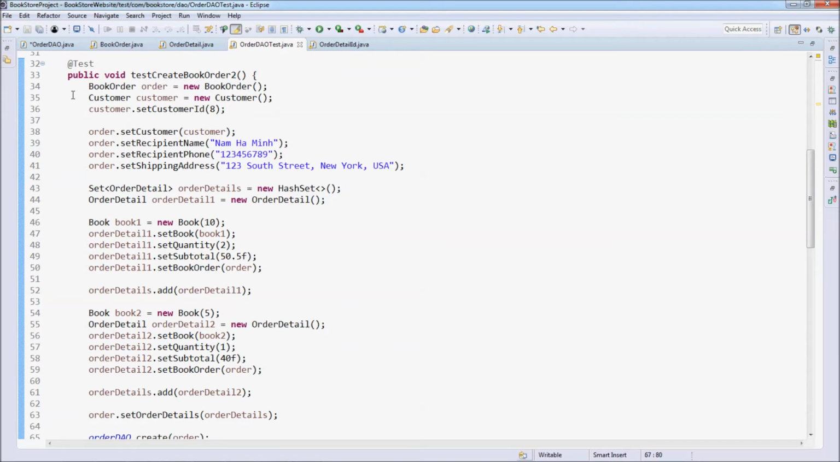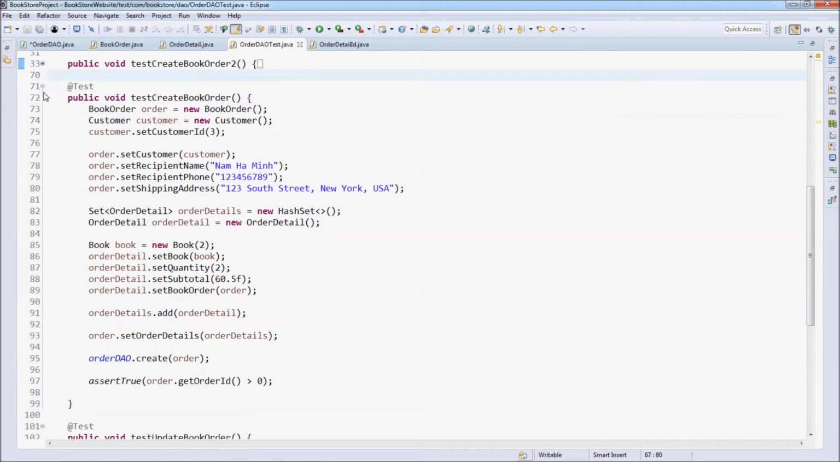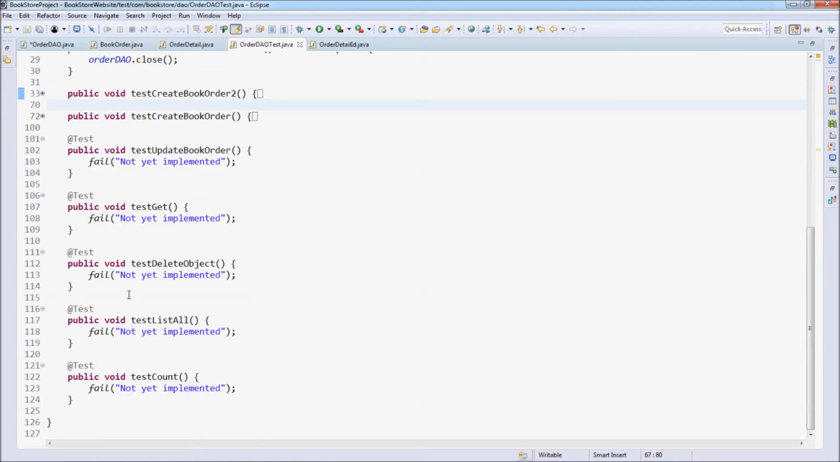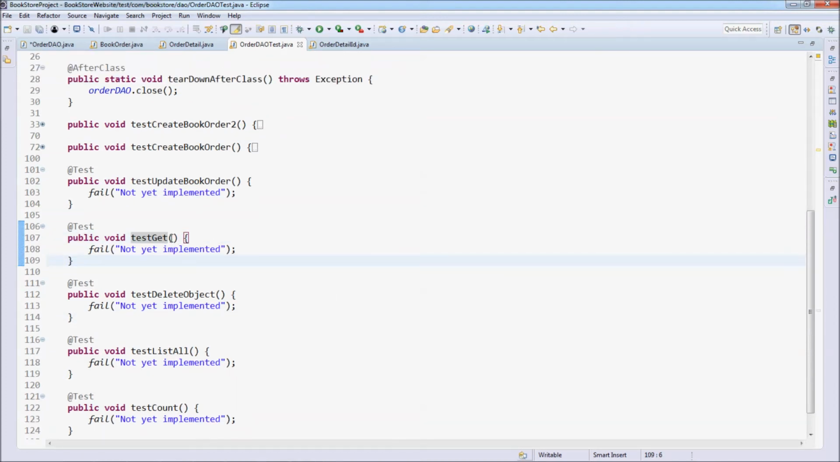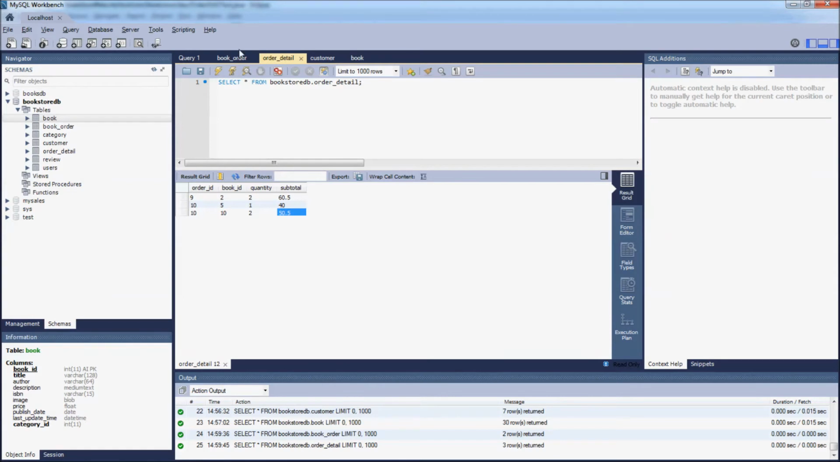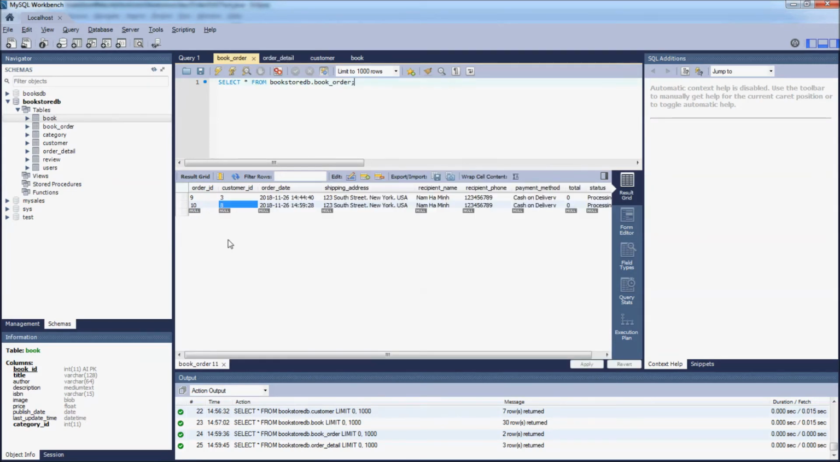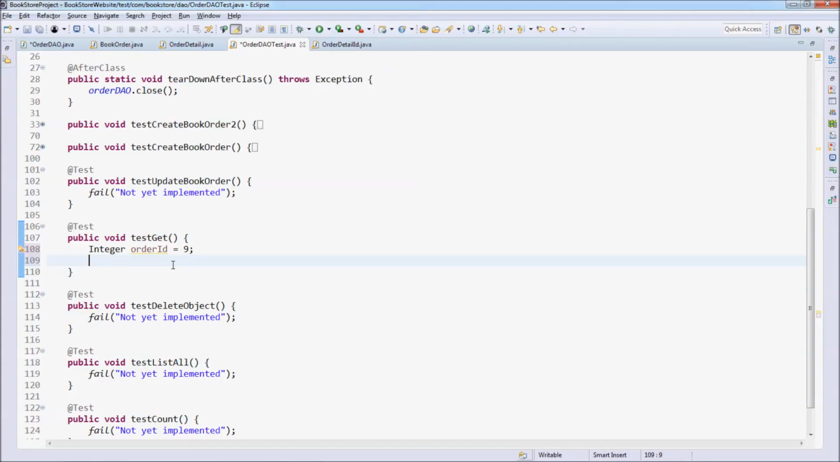And now let's write the test method. testGet here. Integer orderId equals 9. You see in the database we have two orders with ID 9 and 10. So we test to get the order with ID 9 and call BookOrder